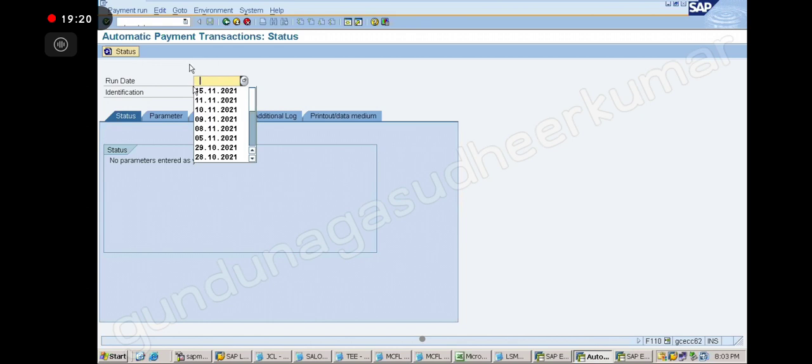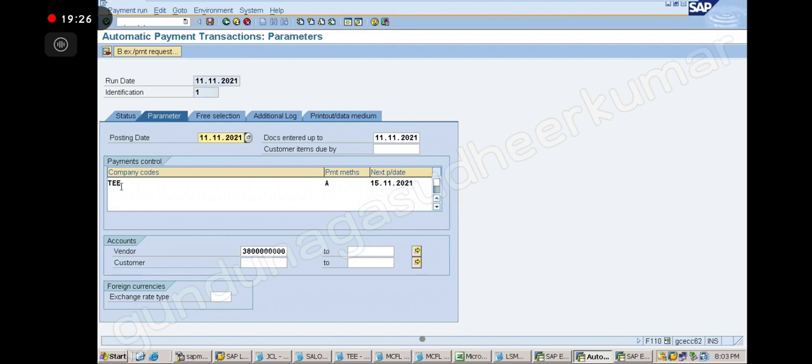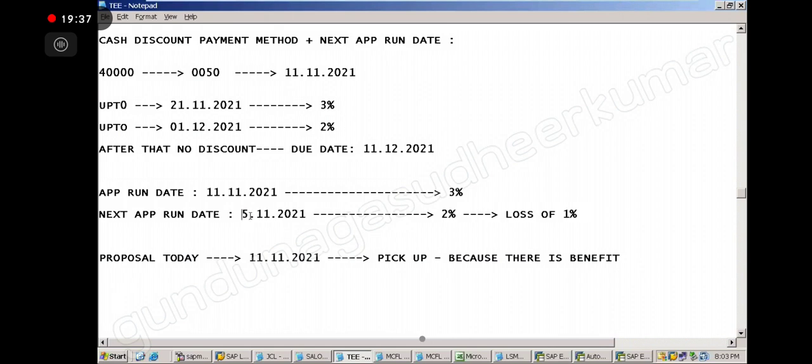I am giving this date, the 11th, enter. In parameters, I have entered the payment method. The 15th is the next APP run date. Let me update this. So my next APP run date is the 15th, and my discount is also 3%. So there is no loss.